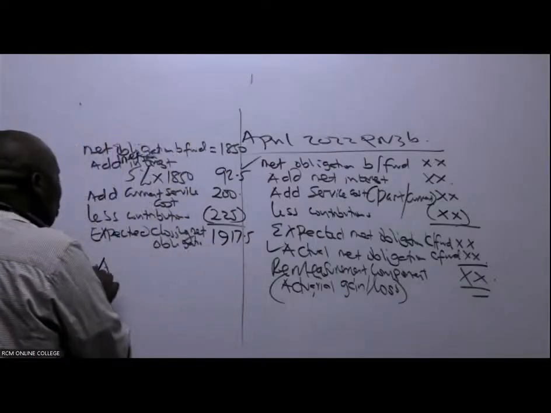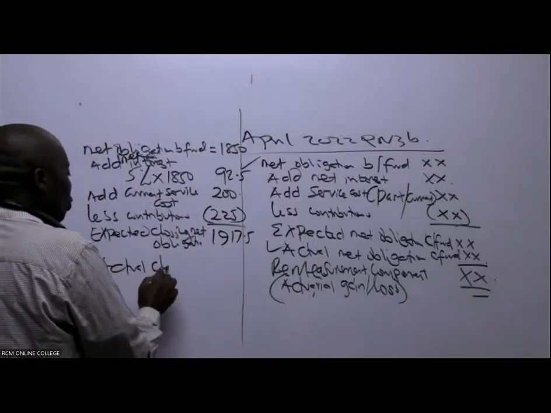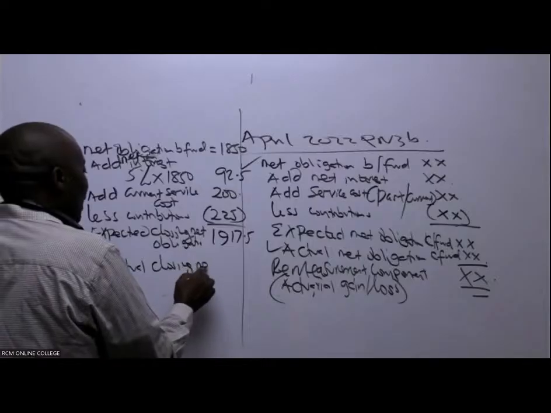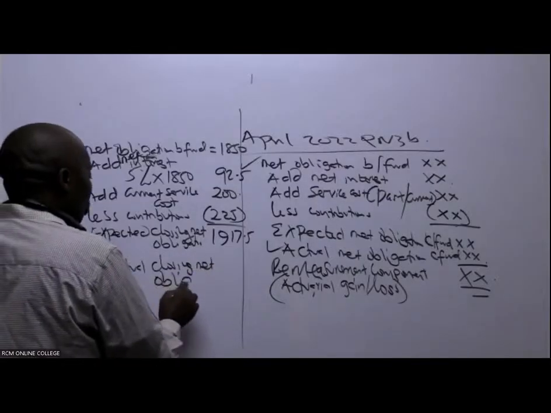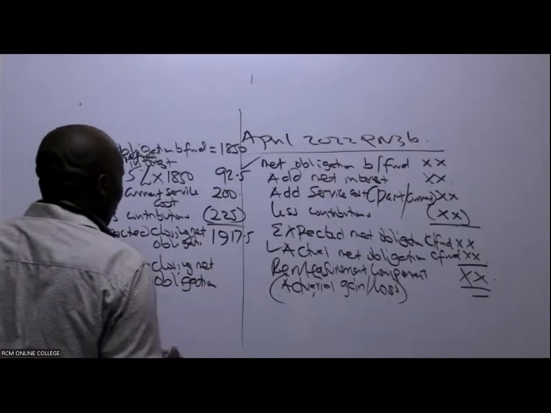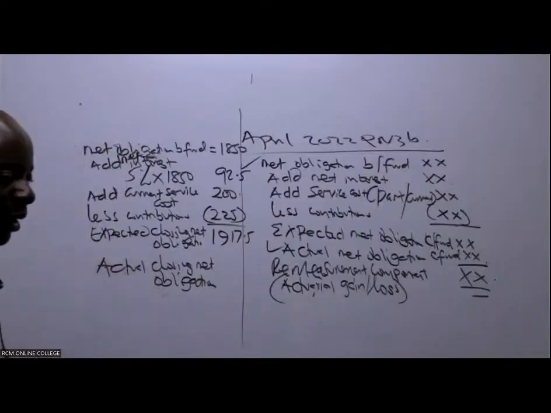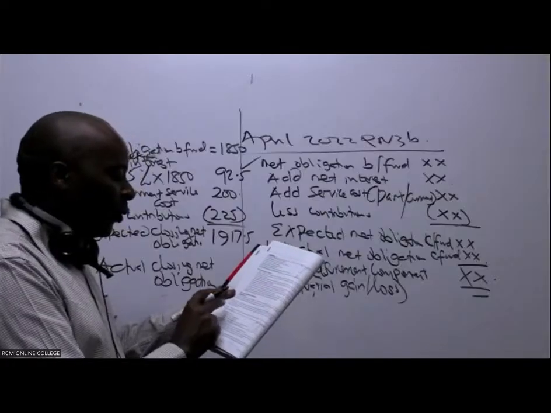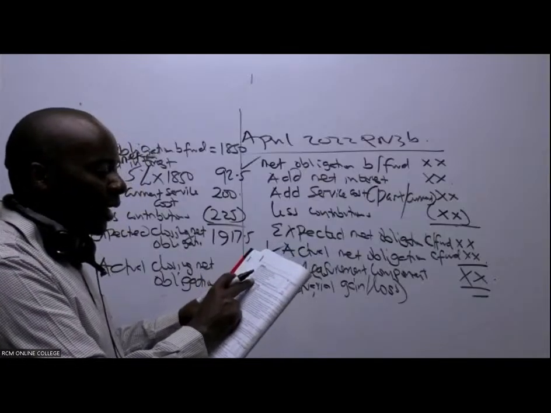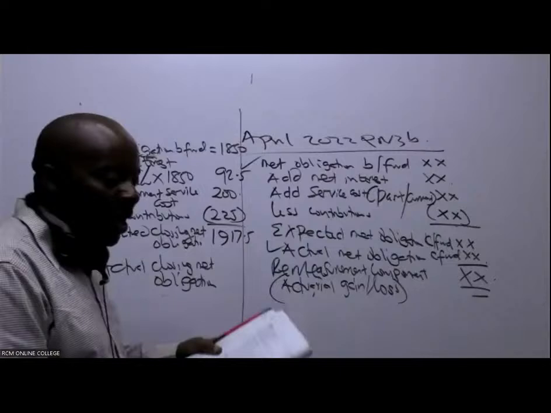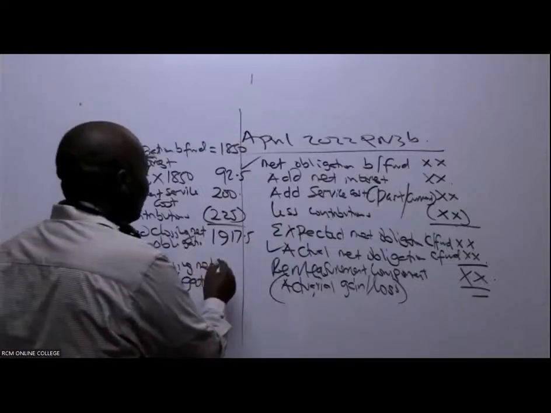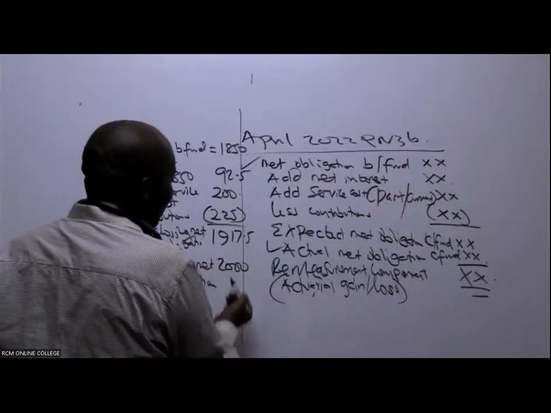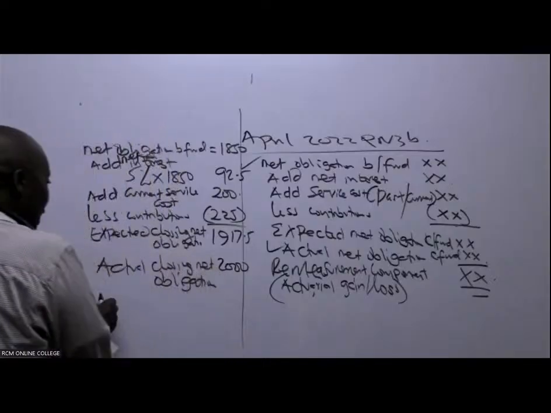And what is the actual closing net obligation? The actual, the one that we ticked there. It's given there. At 31st December 2021, it is 2,000. So is there any difference? Yes. So we have in this case an actuarial